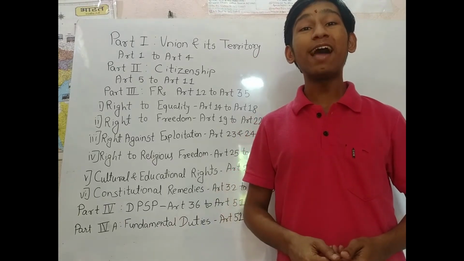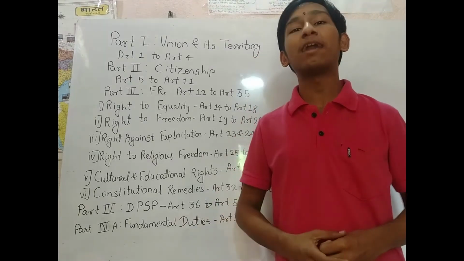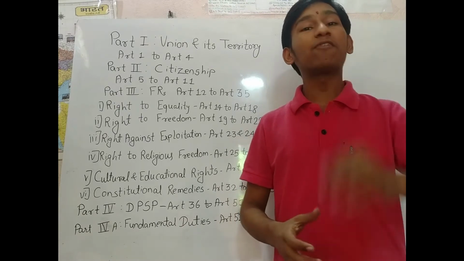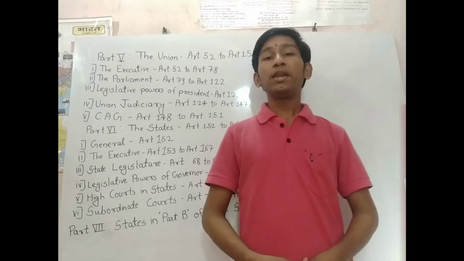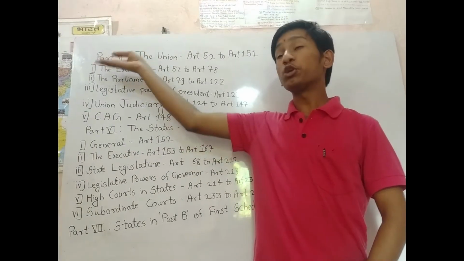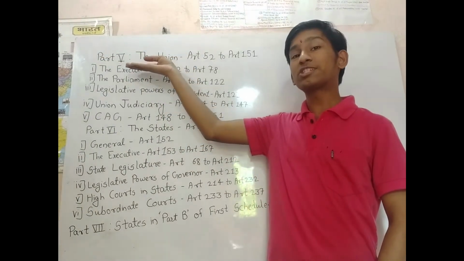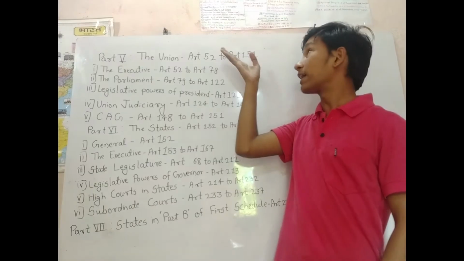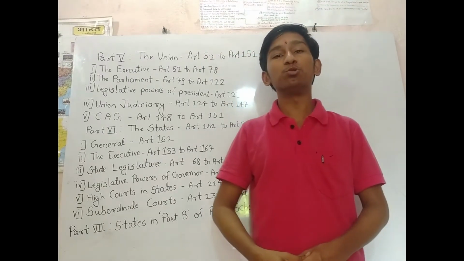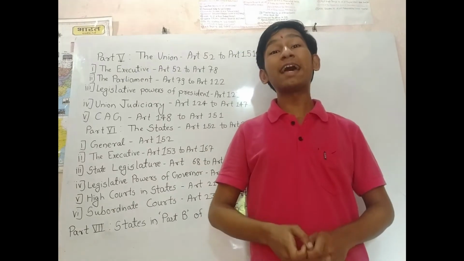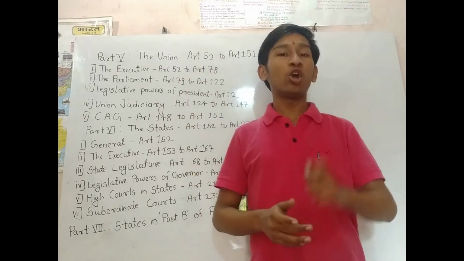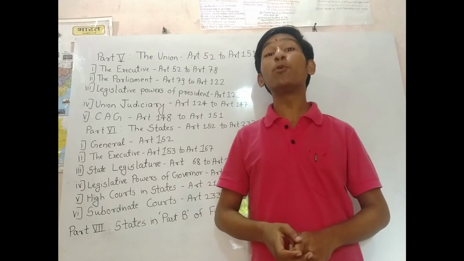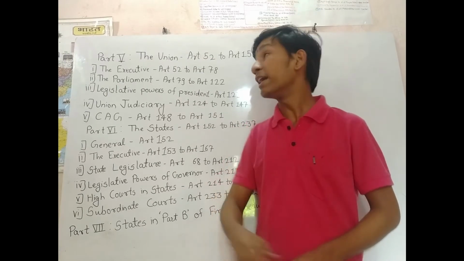Being the citizens of India, we also have some fundamental duties. The 11 fundamental duties are mentioned in Article 51A. Now, Part 5 of the Indian Constitution, the Union, which lies from Article 52 to Article 151, is what we call the central government. In other words, every single provision regarding the composition of the central government is given here